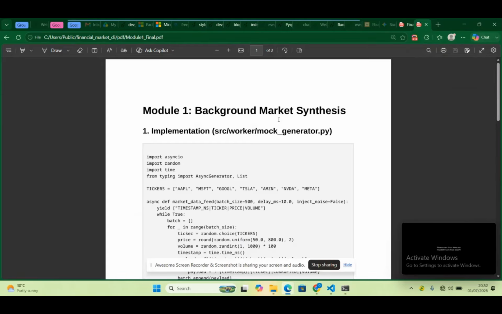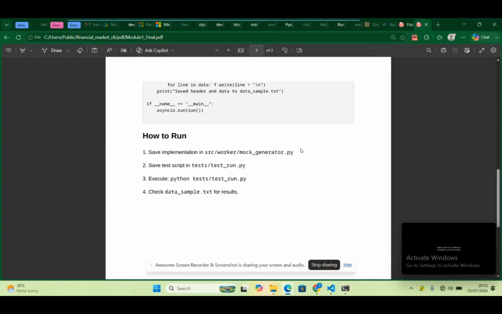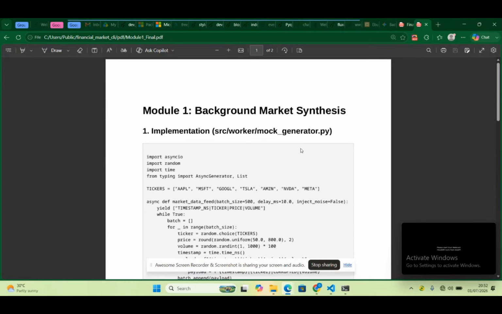The first part of the application we are going to be dealing with is the part that allows us to generate our financial market data. We won't be using real financial market data right now. We'll be using data that we generate that behaves and looks like real time financial market data. So that's what we're going to be doing first. We're going to be generating that data. And here is a PDF file that contains the code we're going to use to